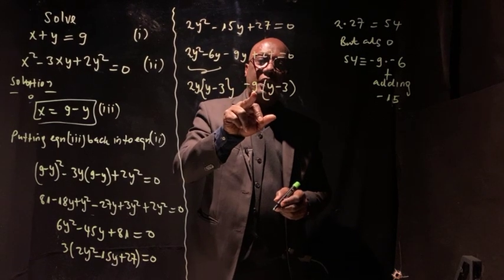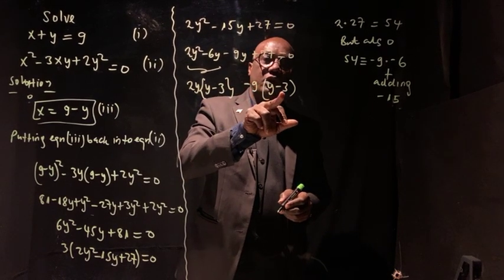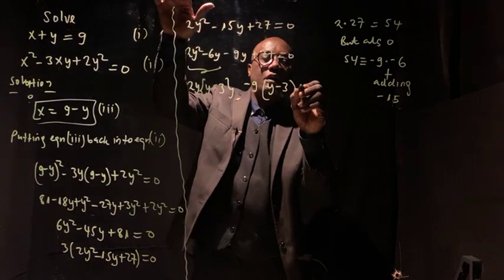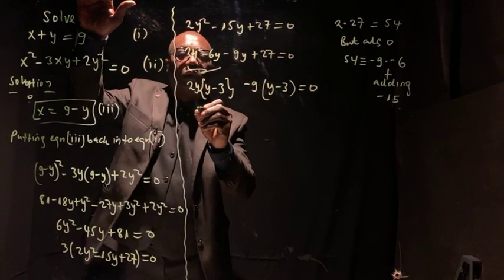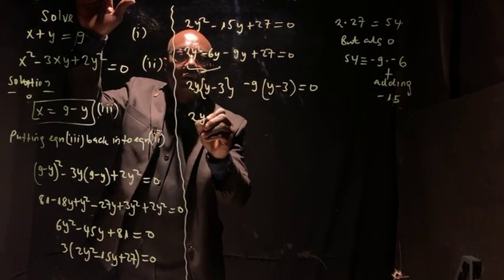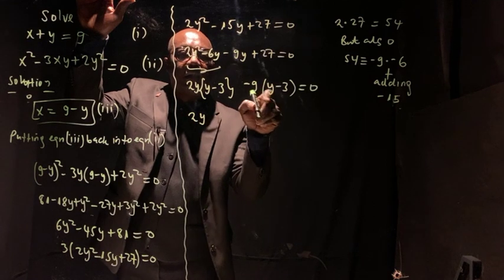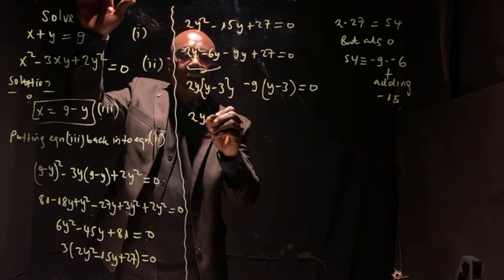And we'll multiply the minus 9 to minus 3, we'll have 27. So we have 2y. We are factorizing the common factor out. Minus 9y